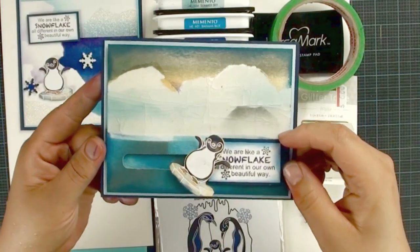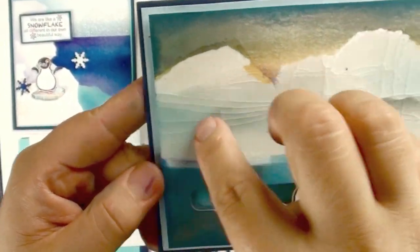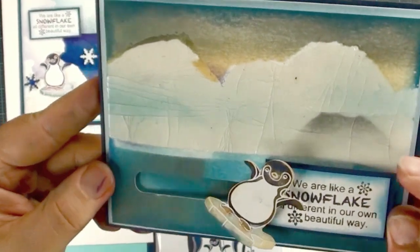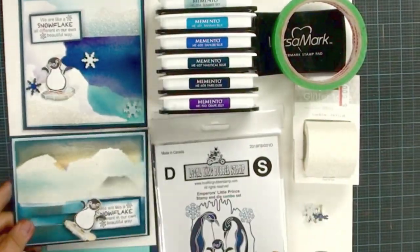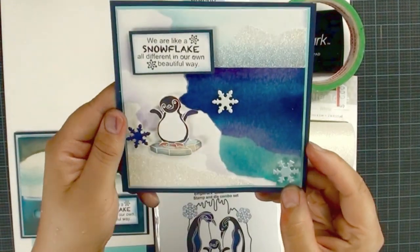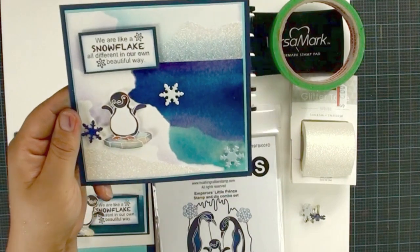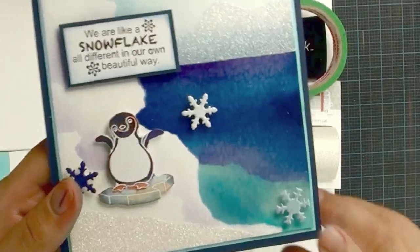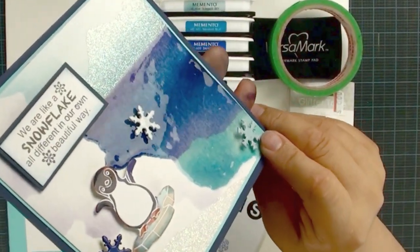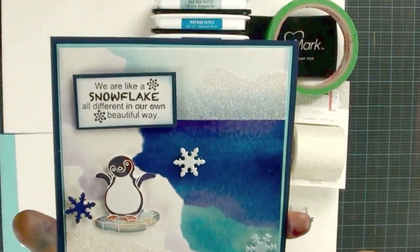I was preparing to record a tutorial to show you how to make this special iceberg effect, and then I came up with something. I think I had better show you these first and then show you the iceberg special effect. So let's get started. In this tutorial, I want to show you how to make this beautiful blue sea,